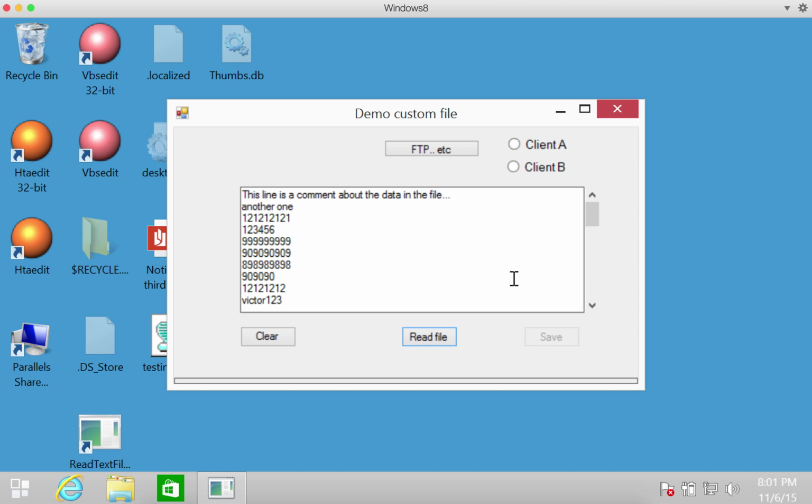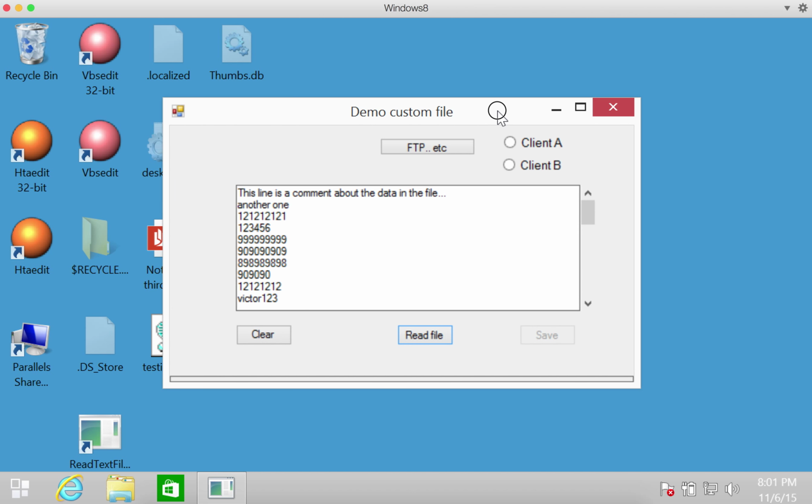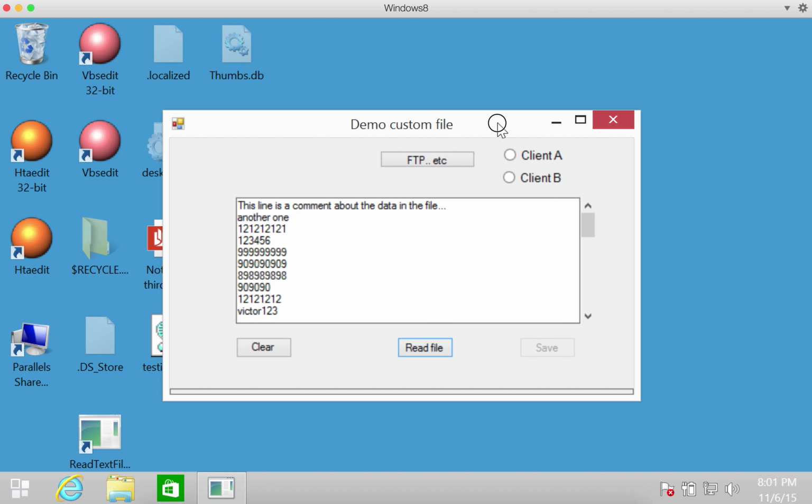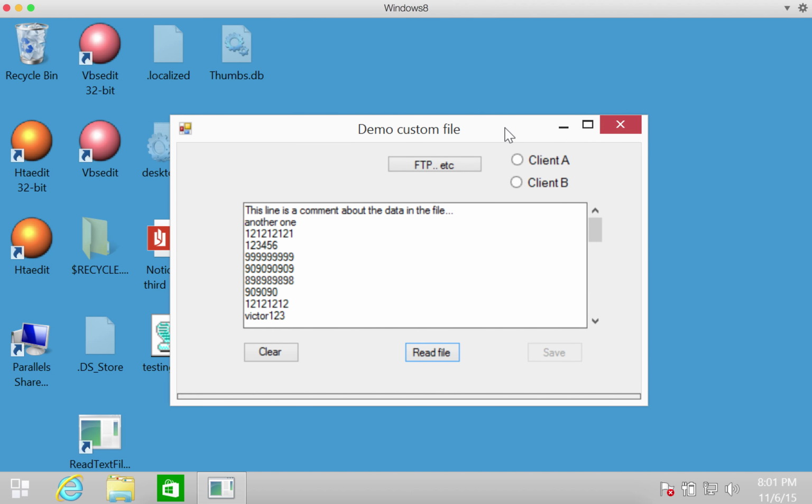This application I'm going to demonstrate is by no means set in stone. It's just something to spur discussion. For example, if a computer operator would like to be able to do a certain thing from Notepad, then it's easily done from within a custom application such as I'm going to demonstrate now. For example,